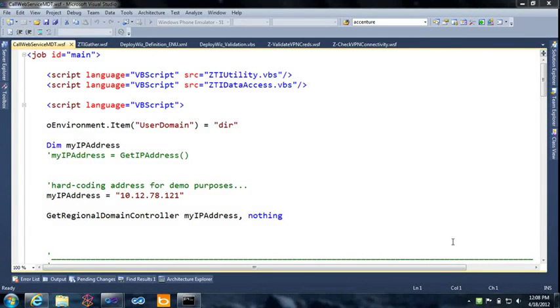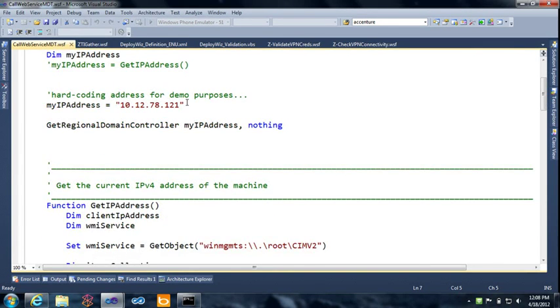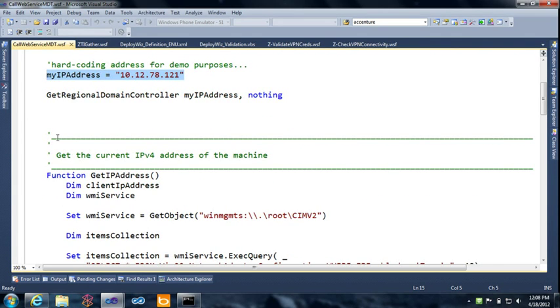So here in Visual Studio, I have a script up, and this is similar to the one we showed earlier, but this is more of a specific example. For demo purposes, you'll see here at the top, I'm going to hard code this IP address to a known IP address for our Chicago office. Now, ordinarily, of course, you wouldn't do this in your own deployments, but we do have code that we will